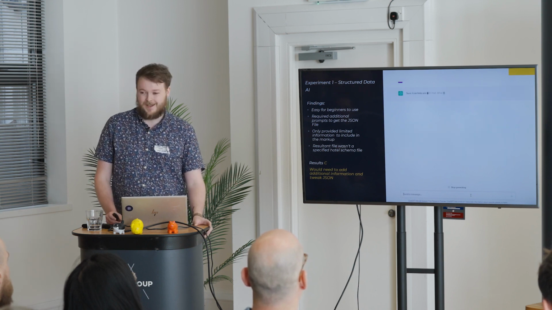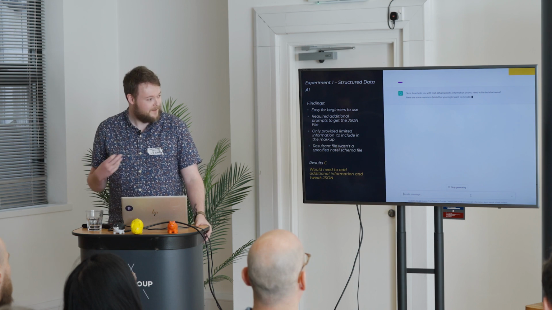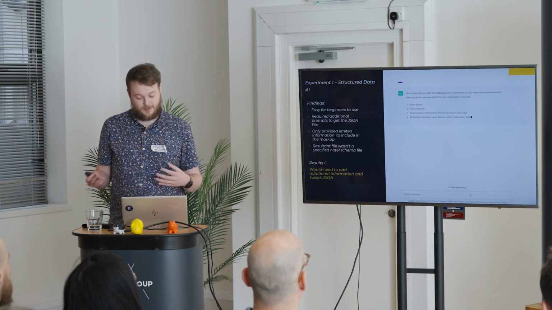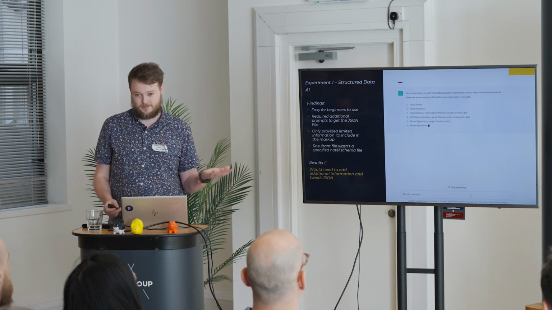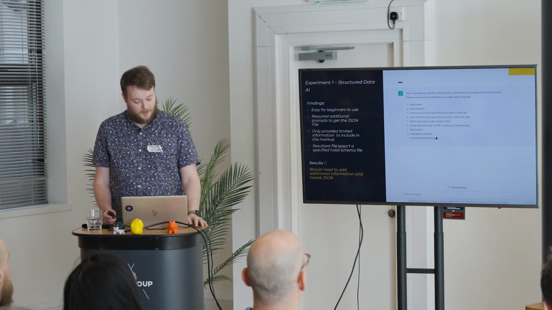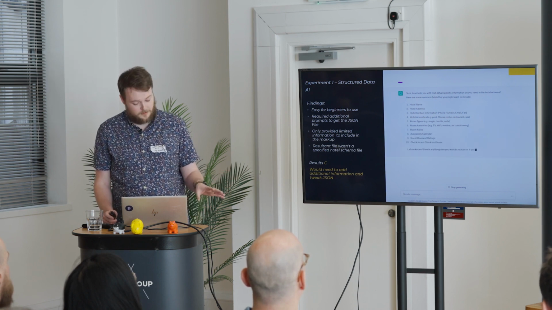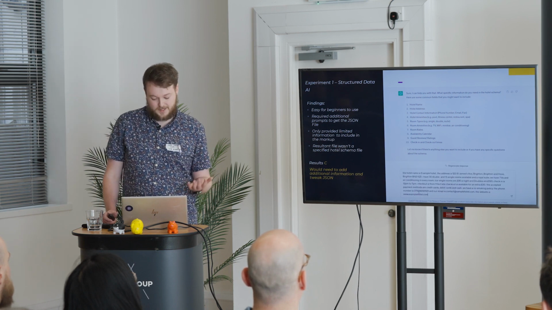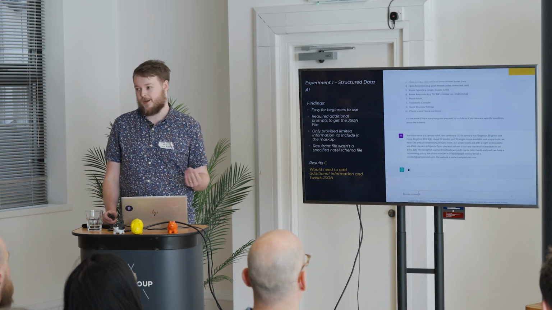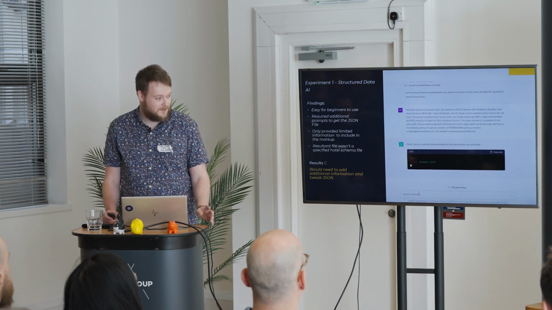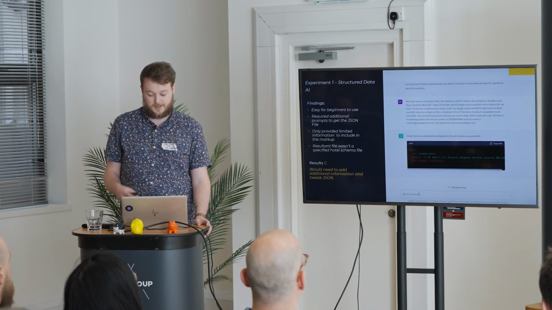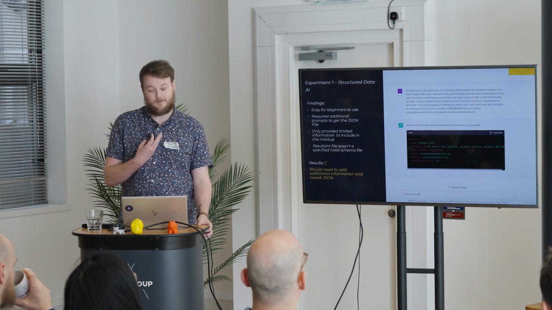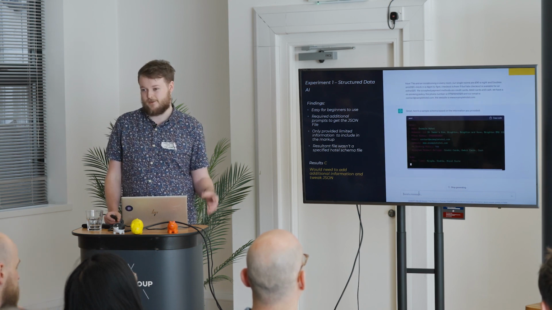Yeah, there we go. On the left-hand side, you can see I put the prompt in. I don't actually know what I'm looking for, so I just say, can you help me with it? It gives me a list of information. The only problem is this isn't an exhaustive list of what you actually need to put in for hotel schema. What it's missing is a lot of the crucial behind-the-scenes information that customers actually need to see. It does also provide a file that's not actually a schema file, so that's useless to me